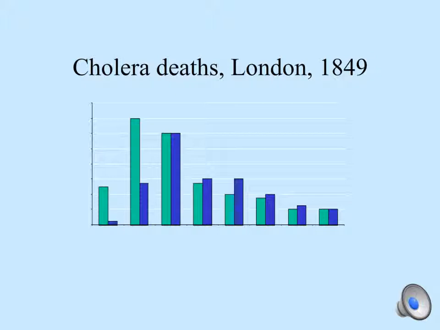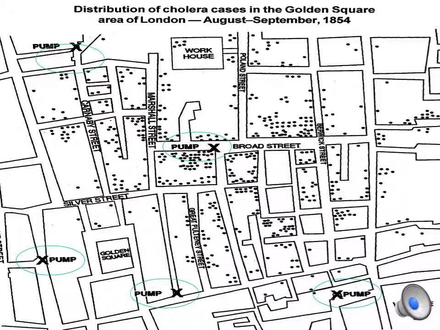So John Snow studied the outbreak. He made an epidemic curve showing the attacks and the deaths having a slightly different pattern, the attacks leading the deaths by a couple of days. And he made a map of all the cases of cholera around the Golden Square area of London. This was in 1854, and noted the geographic clustering of cases around the Broad Street pump, which gave him the